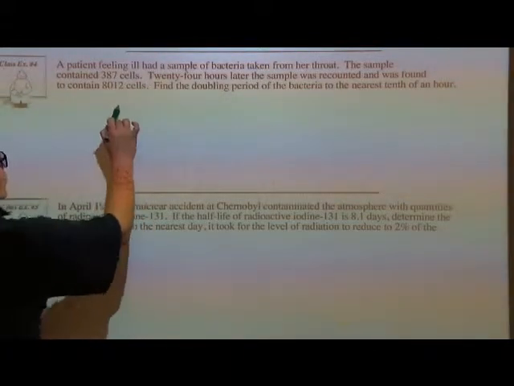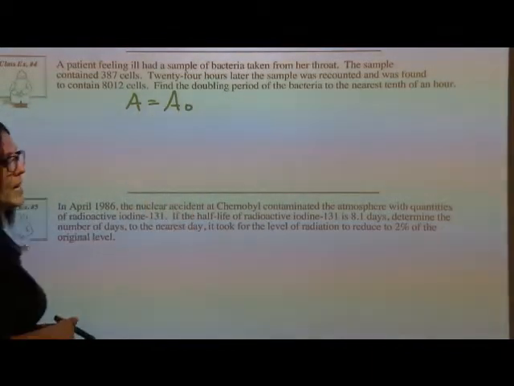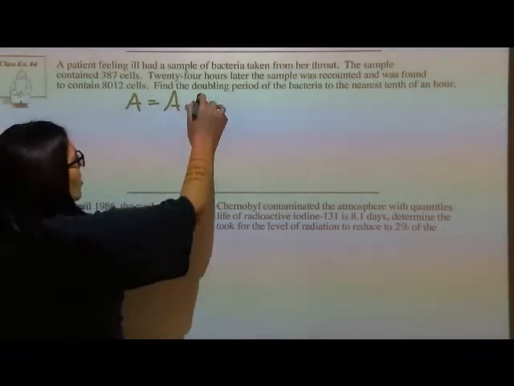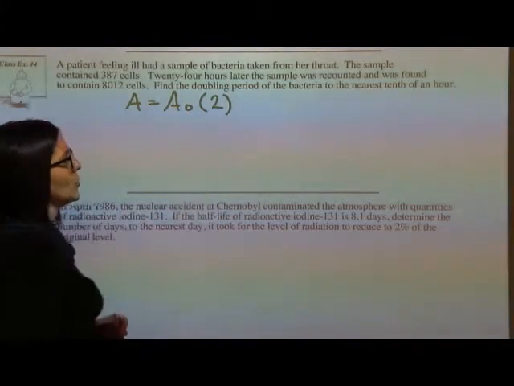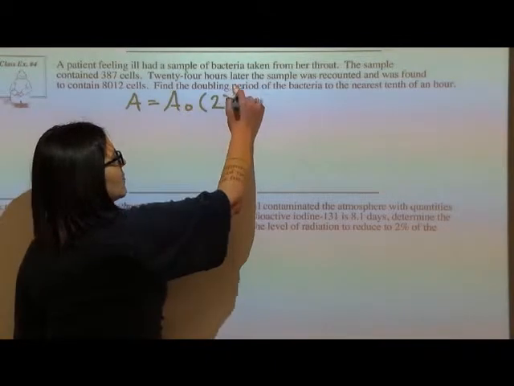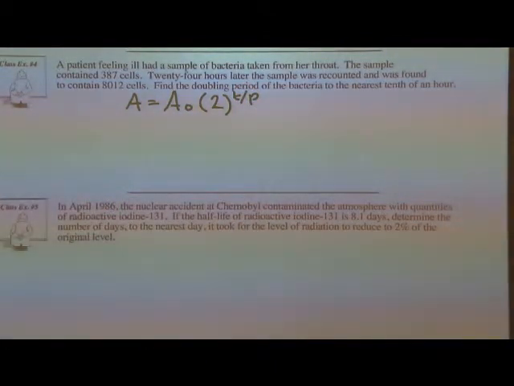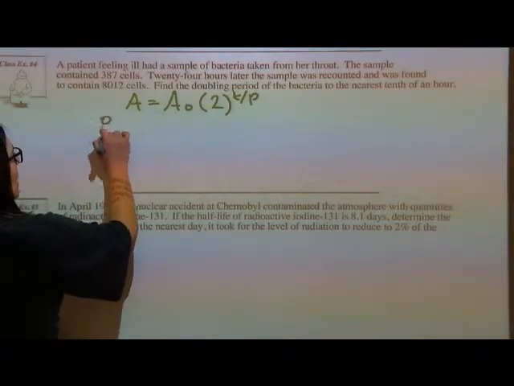If we use our formula, the amount at the end equals the amount at the beginning times this constant, which is going to be 2 because of the word doubling, and then I have t over p, time over the period. Do I know how many cells I had at the end of my time? 8,012. Do I know how many I